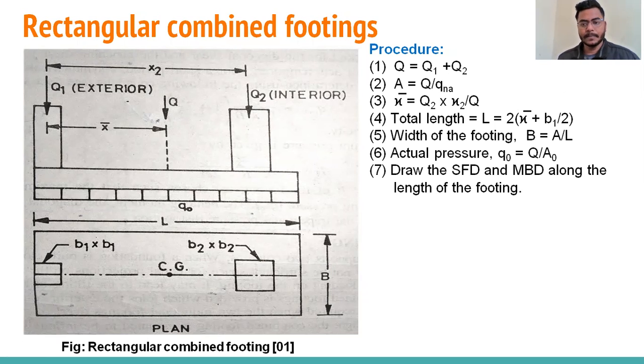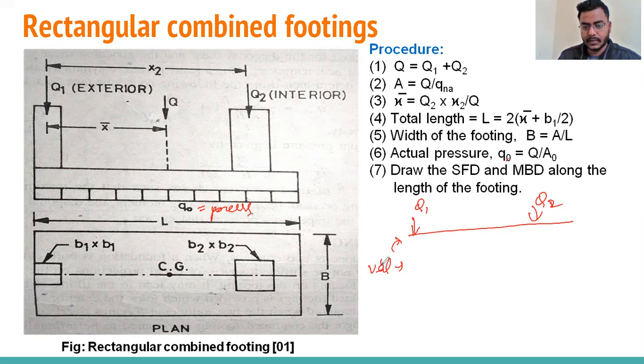Now we can calculate what the UDL, the uniformly distributed load, will be. I'm explaining here. Suppose this is the pressure that we got. Now we want to calculate the UDL, the uniformly distributed load, so that we can draw the shear force diagram at various points,